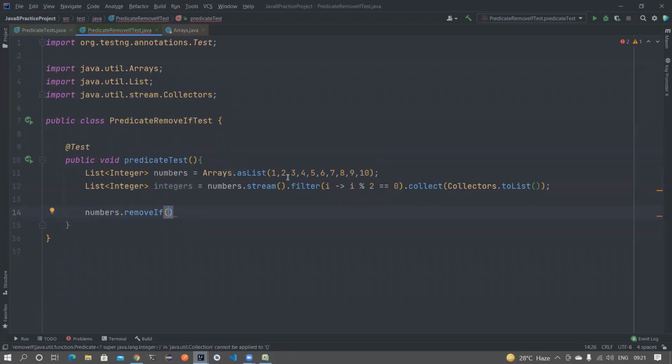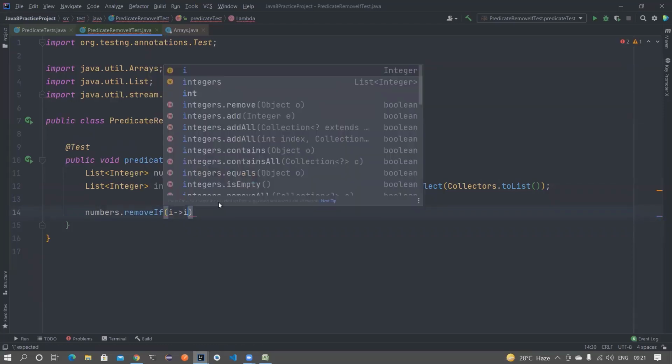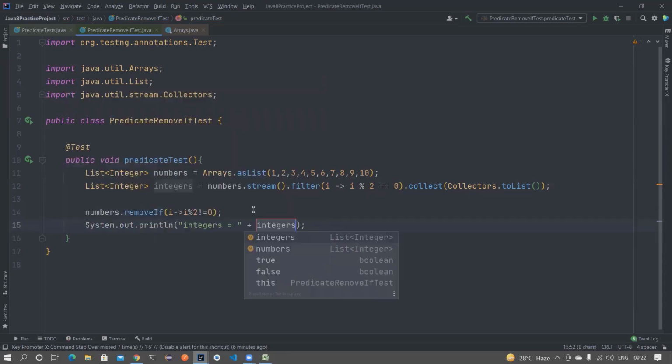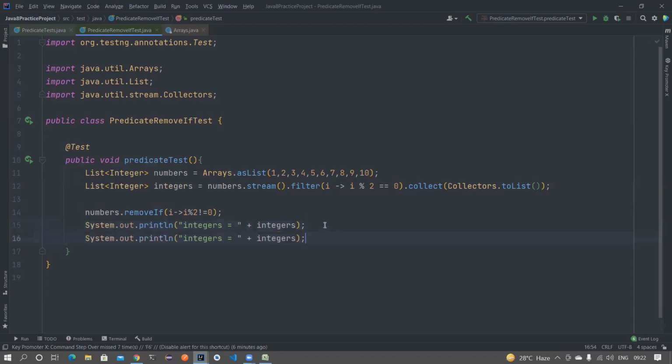Okay, so let's do this. Our use case is basically to have all the even numbers in a list. So I can remove all the odd numbers so that I get only the even numbers. So the condition is, if someone is passing me an integer, I'm just checking whether i modulus 2 is not equal to 0. Then in that case, remove all those that match. Basically I can print all those like this, and I'm also printing the numbers as well. Both do the same operation.